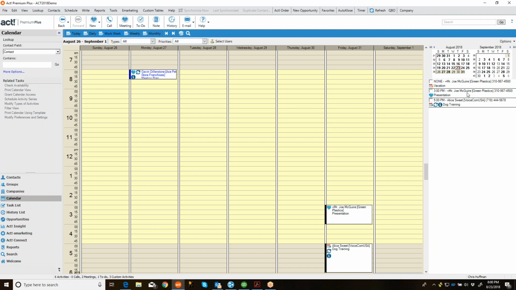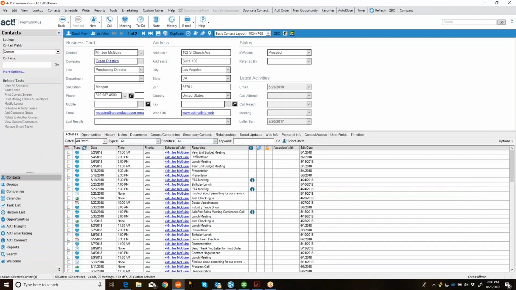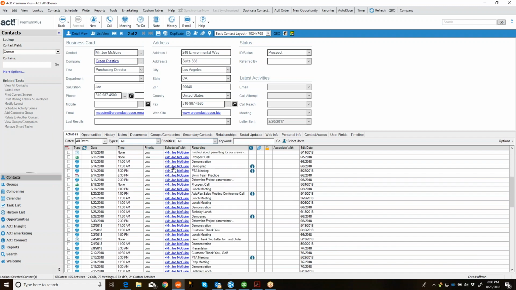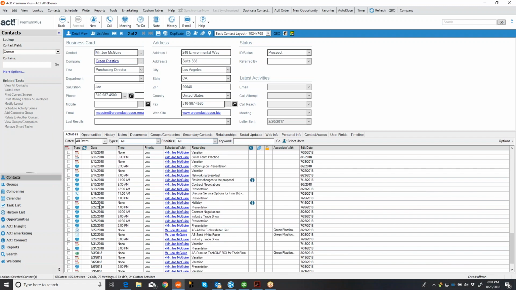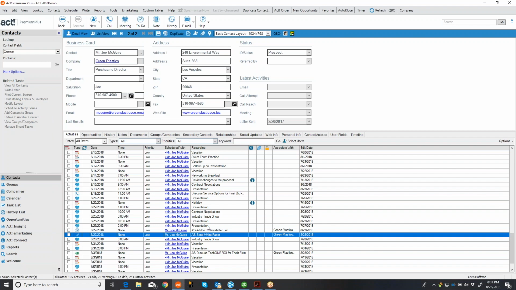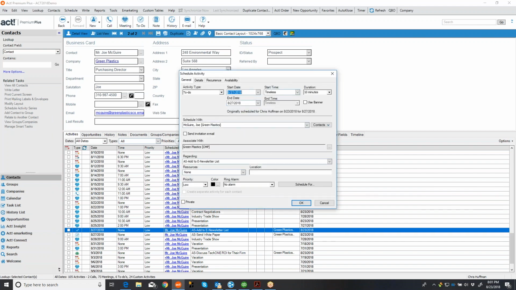The other thing that happens is, and I'll go to Joe's record here, if in fact you find yourself getting behind the 8 ball over here, you can also reschedule things that are part of an activity series. And as you reschedule them, here's an activity series. If I was to reschedule this and say, I'm not going to be able to do that, I'm just too busy,